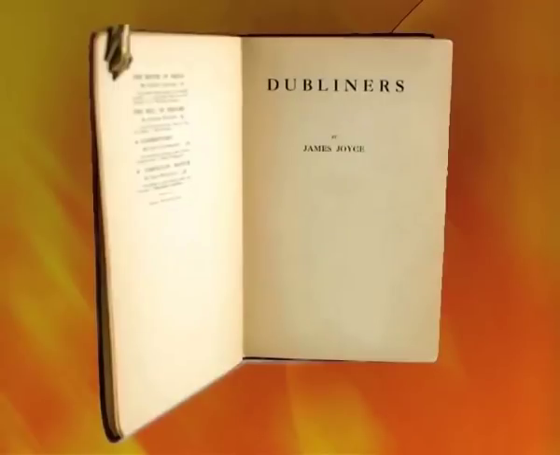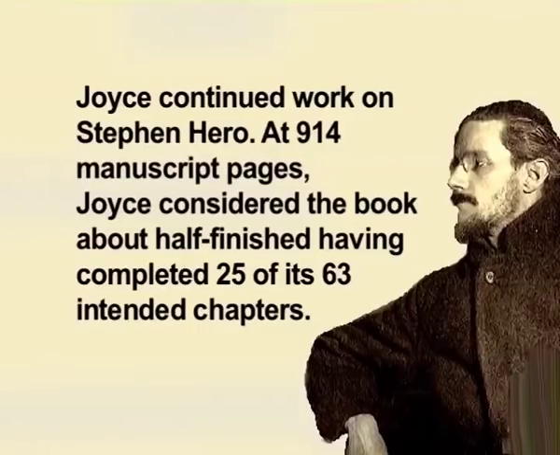On his 22nd birthday, that was on 2nd February 1904, Joyce began a realistic autobiographical novel called Stephen Hero that incorporated aspects of the aesthetic philosophy expounded in A Portrait. He worked on the book until mid-1905 and brought the manuscripts with him when he moved to Trieste in that year. Though his main attention turned to the stories that were to make up Dubliners, Joyce continued work on Stephen Hero.